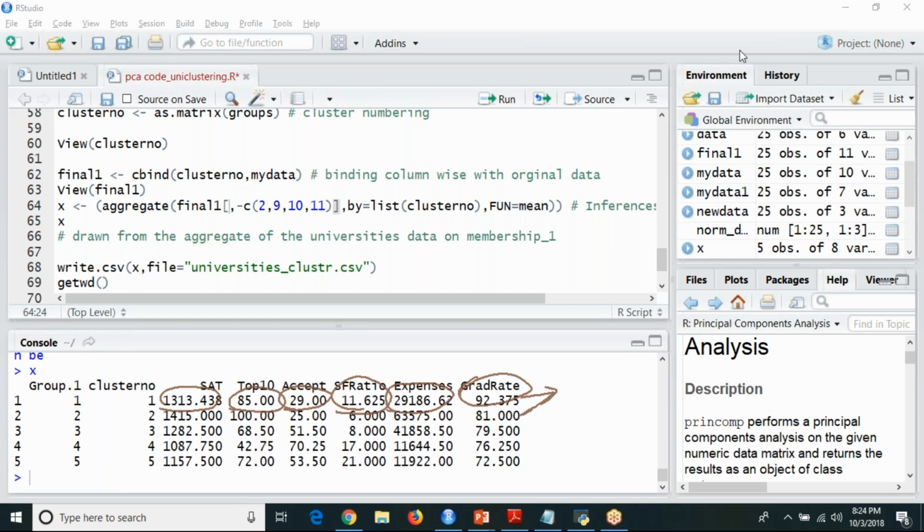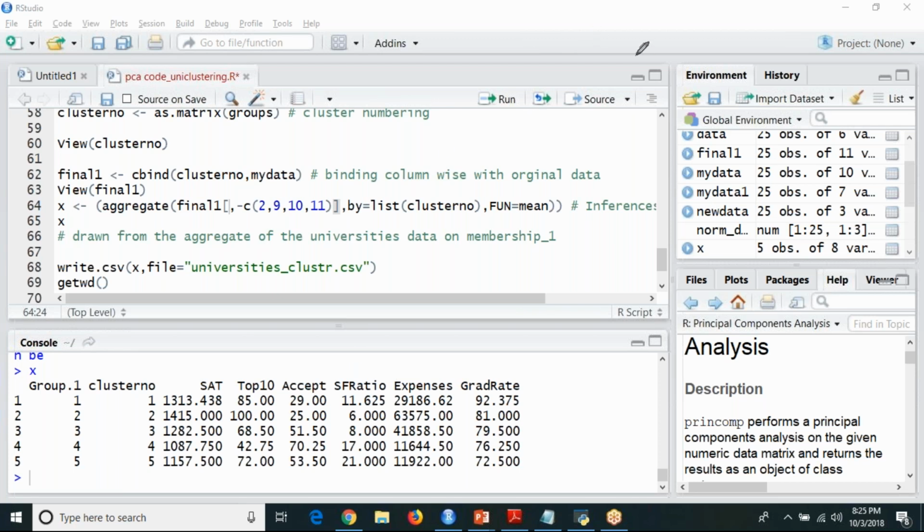If your client says that I want you to group the clusters based on your graduation rate, which is your top one cluster then? First one. Yes, then obviously it is the first one because your first university has 92.37% as the graduation rate. If my client says that based on your fees, do me the top ranking, highest fees should be the top one, then the second cluster becomes the top. So like this your requirement changes, but you do what has to be done according to your requirement.